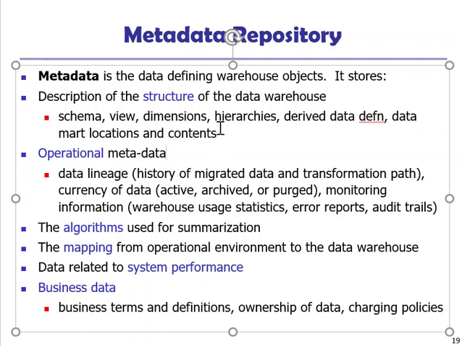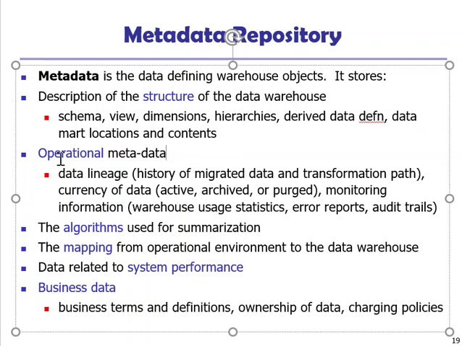Everything inside the data aspect of the data warehouse, you need to describe at a very detailed level so that a newcomer joining the team can read this description and understand exactly what this data warehouse